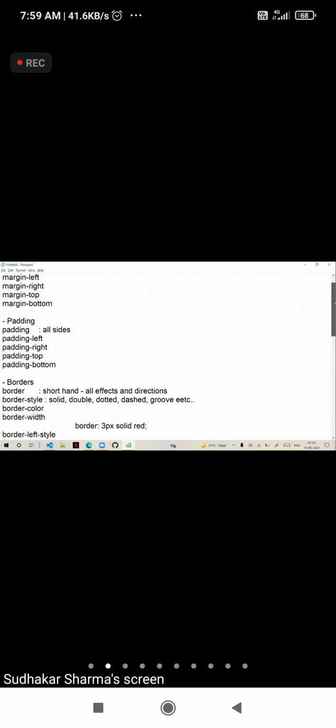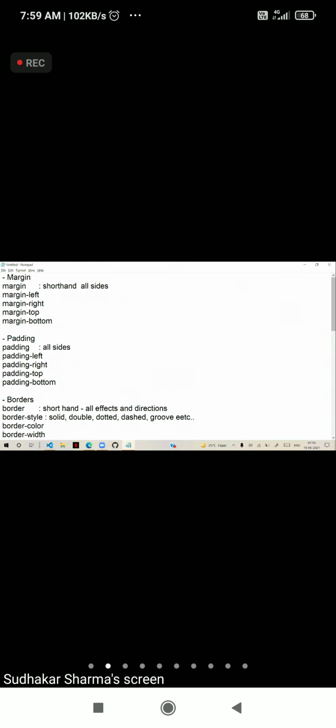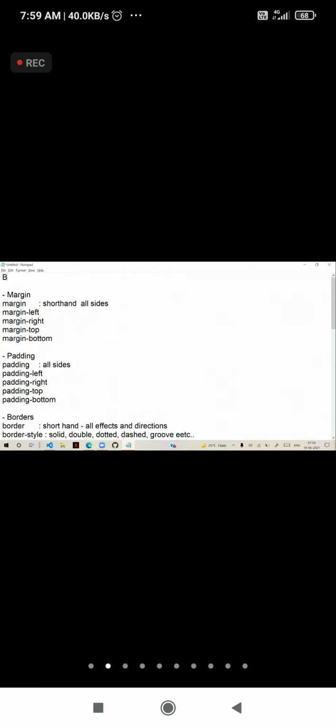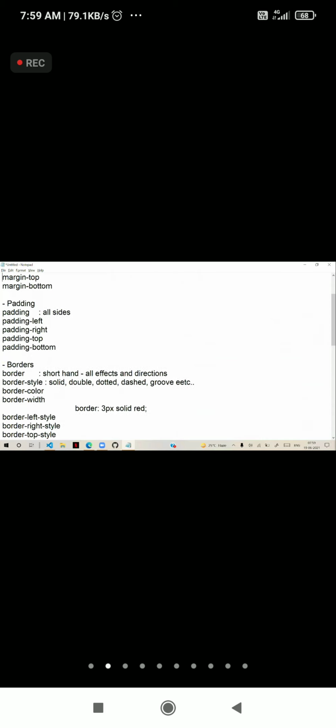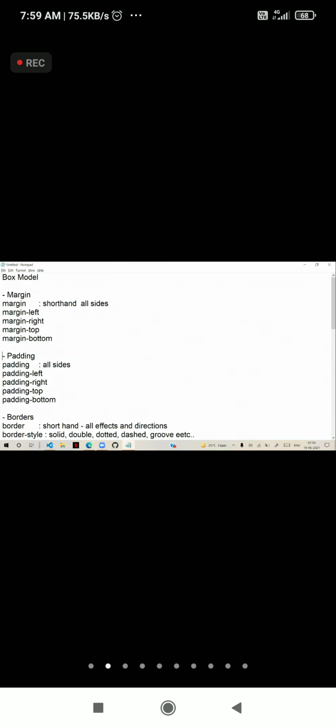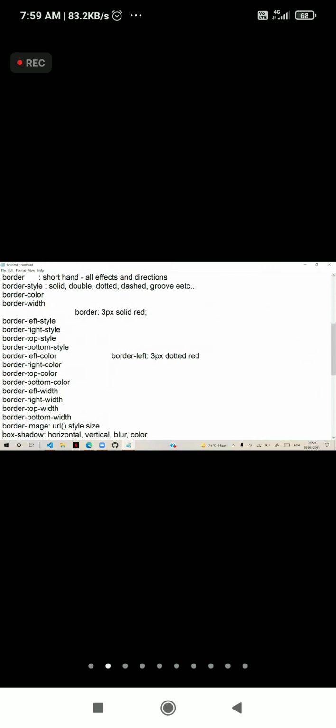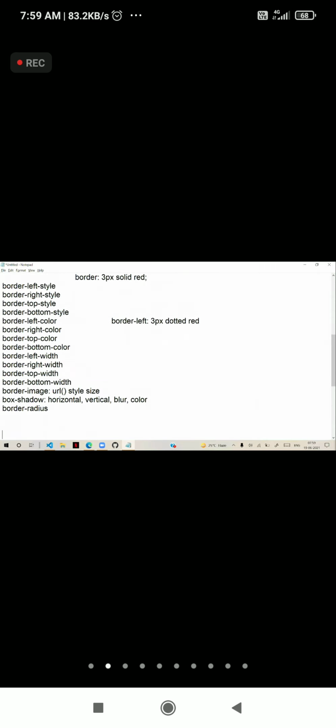This is all under the concept that people generally call the box model. That means how your contents can be kept in a box with spaces, with borders, with margins, and with different border styles, and how you can configure them. These are all the box model. Another important thing when you are working with borders is the image. As I already told you, you can configure and display the image.